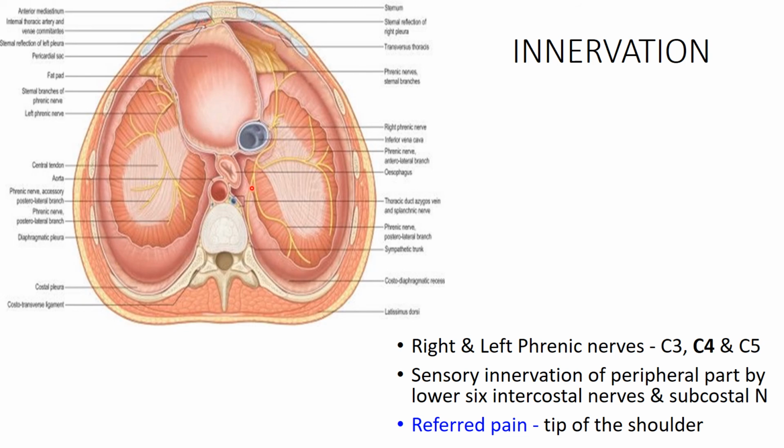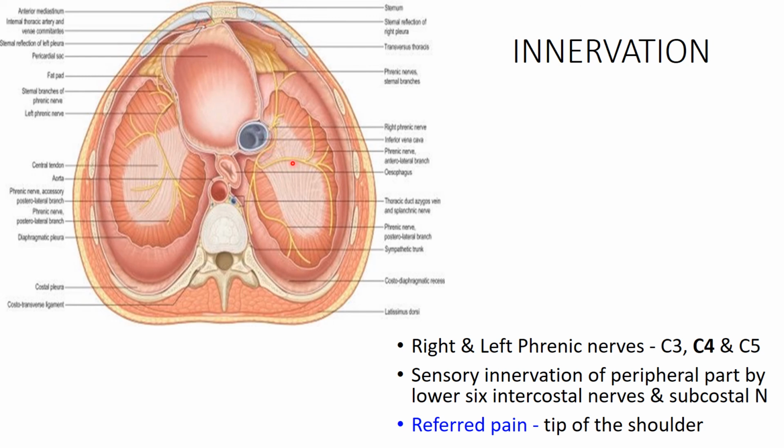Then the posterior branch divides into two branches, a posterolateral branch and a posterior branch. This posterior branch gives supply to the crura of the diaphragm. Now these main trunk and branches generally lie embedded in the phrenic musculature or just below it, and these also supply the pleura as well as the peritoneum above and below respectively.